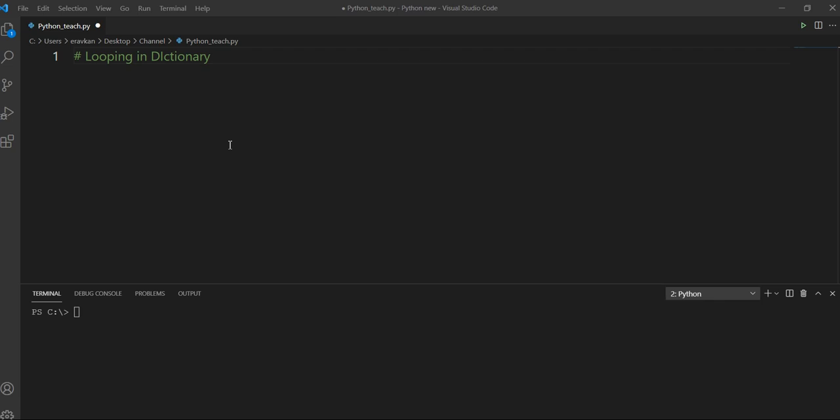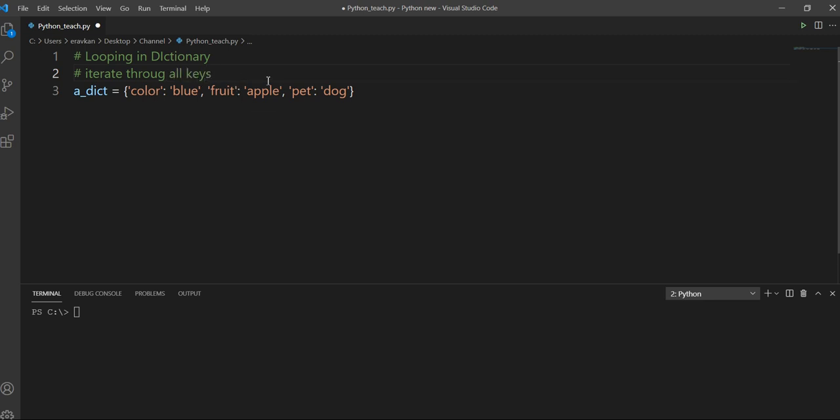So today we are going to discuss how we can do looping in a dictionary. A dictionary, you already know, is a key value pair. So this is an example of a dictionary. Looping in a dictionary we can do in three ways. First, we can loop through all keys.